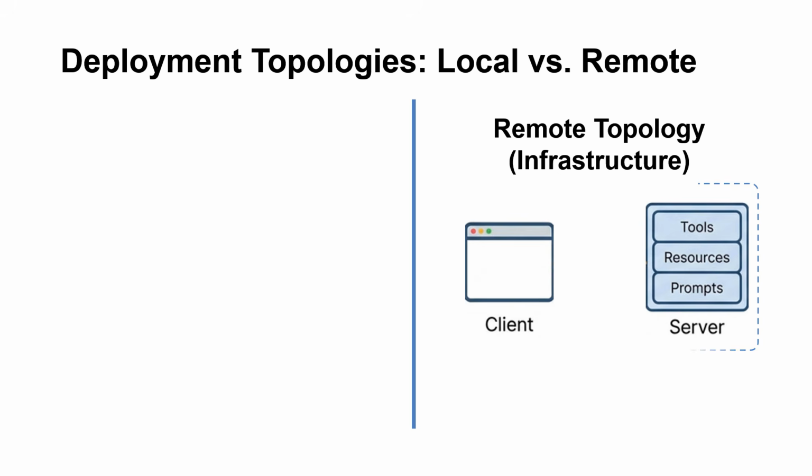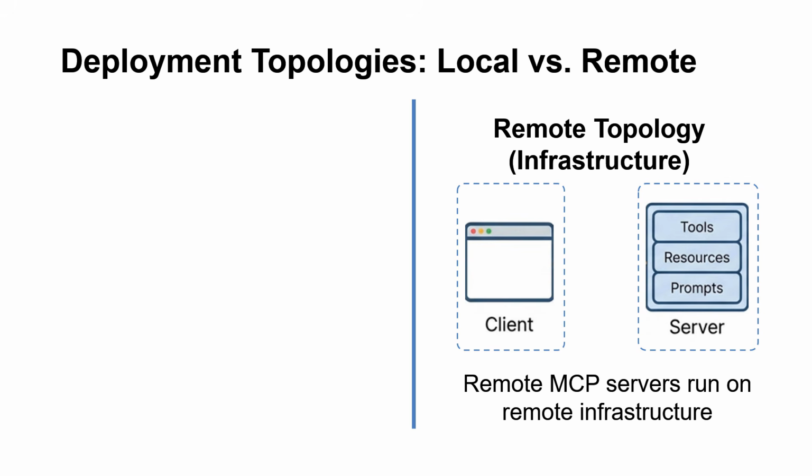Talking about the connection, since there is a distance between them, we use the web's standard language, which is HTTP and SSE. And we've already discussed SSE. It's an abbreviation for server-sent events. We call this the streamable HTTP. Sending a message is like a quick POST request, and the server replies with an SSE stream that stays open so it can send info back whenever it's ready.